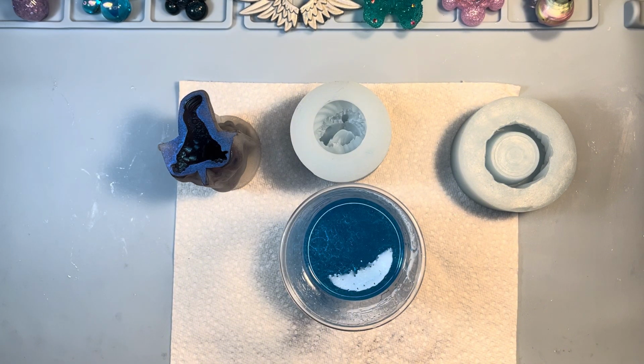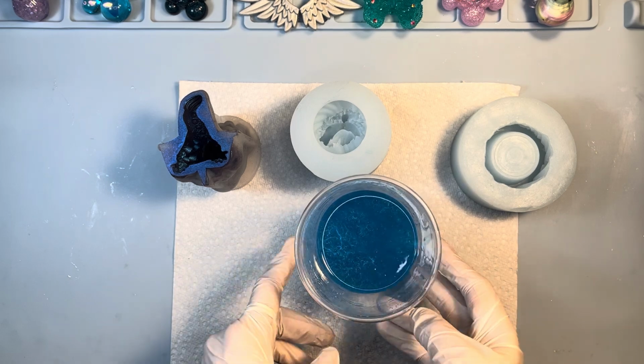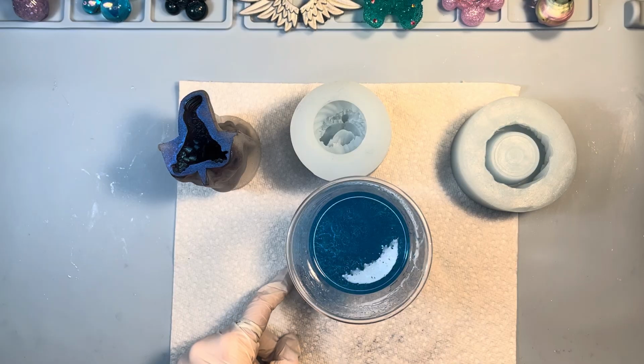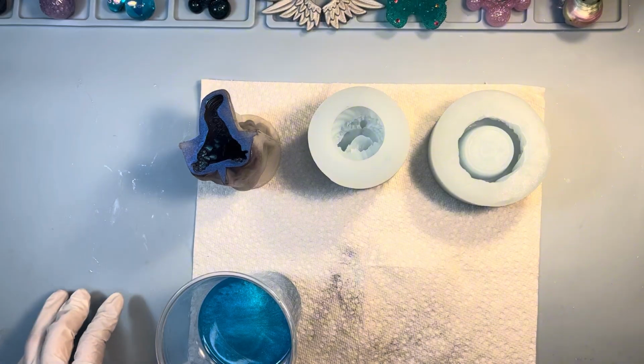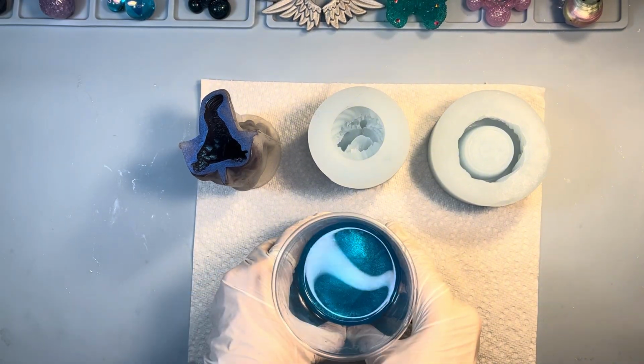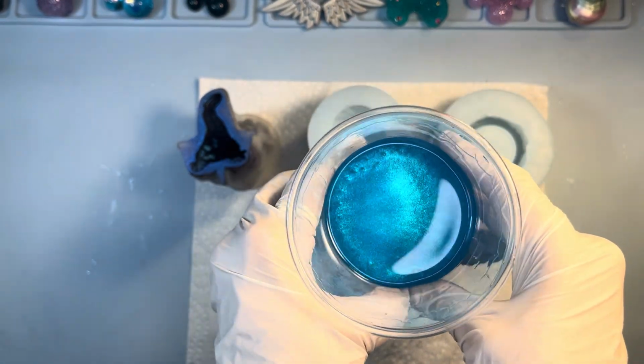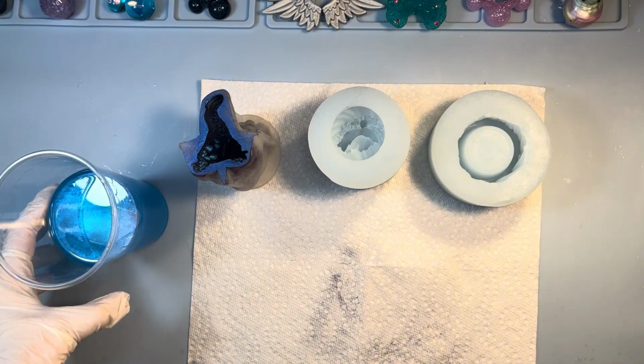So, anyway, there are still lots of bubbles in this, so I'm going to put it in the vacuum chamber real quick, and then I'll be right back. All right, I got it out of the vacuum chamber. Look how pretty that is. Isn't that pretty? Love it. Okay, so